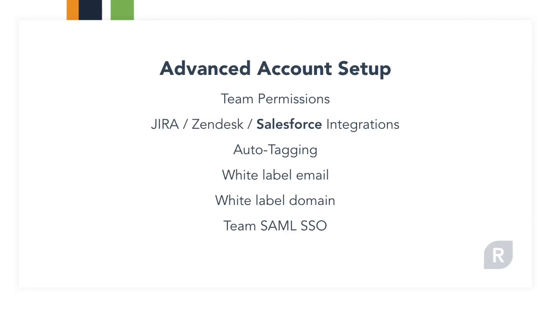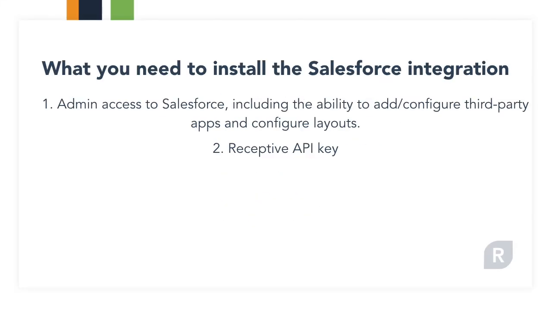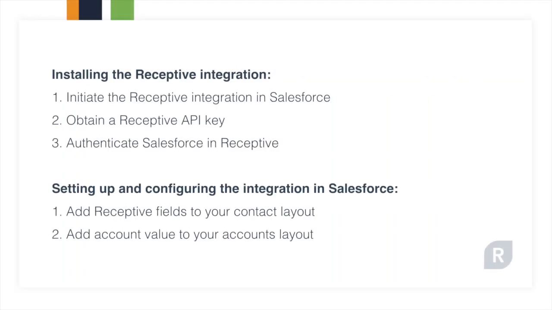And finally, to set up the Salesforce integration, you'll need admin access again, so you need the ability to add and configure third-party apps, as well as a Receptive API key. Again, all the instructions are linked below, but it's really straightforward. All you need to do is initiate the Receptive integration in Salesforce, put in your API key, and then authenticate Salesforce in Receptive. Configuration just involves adding Receptive fields to your contact layout in Salesforce, and adding account values to